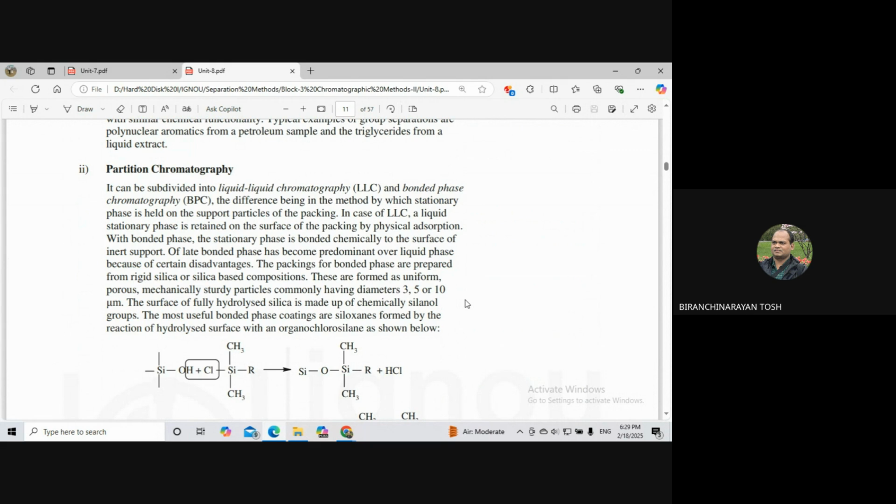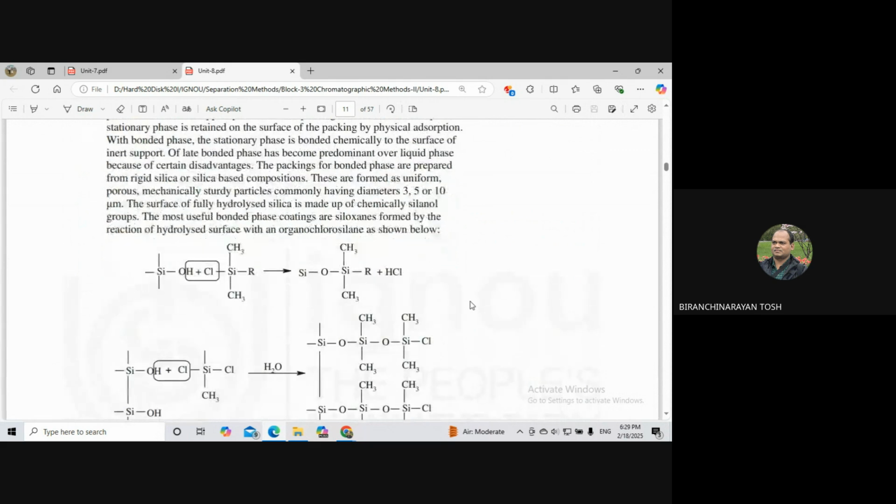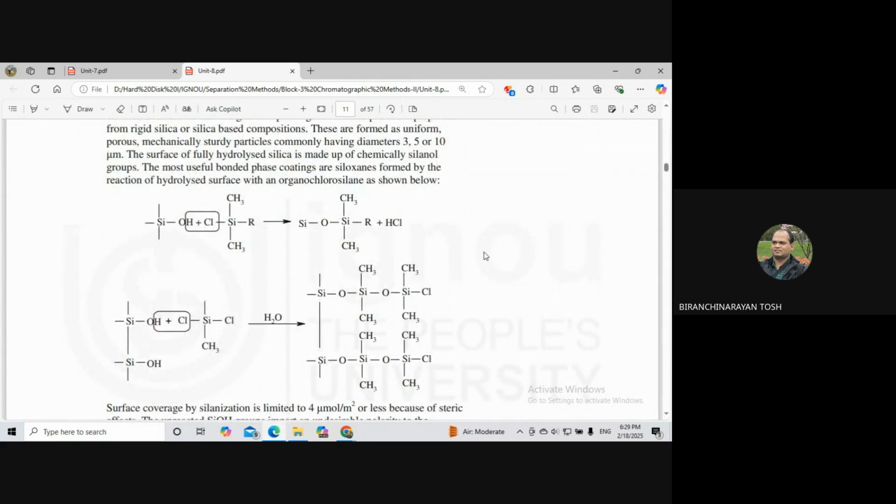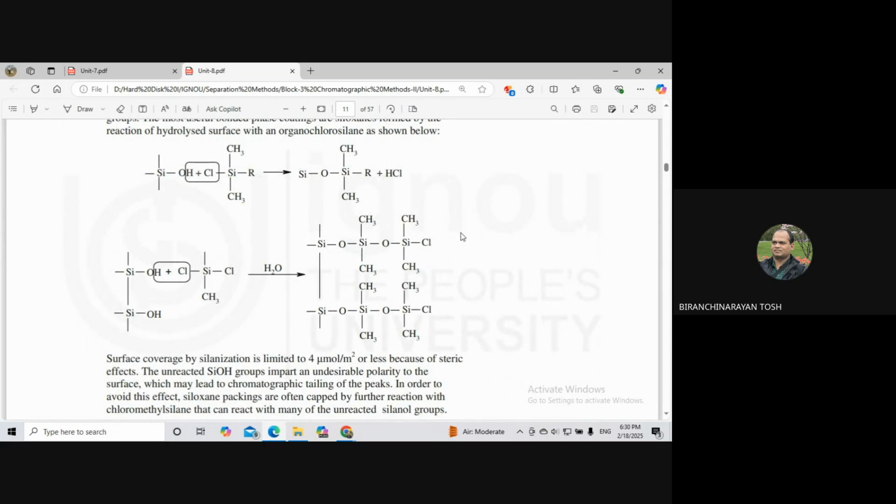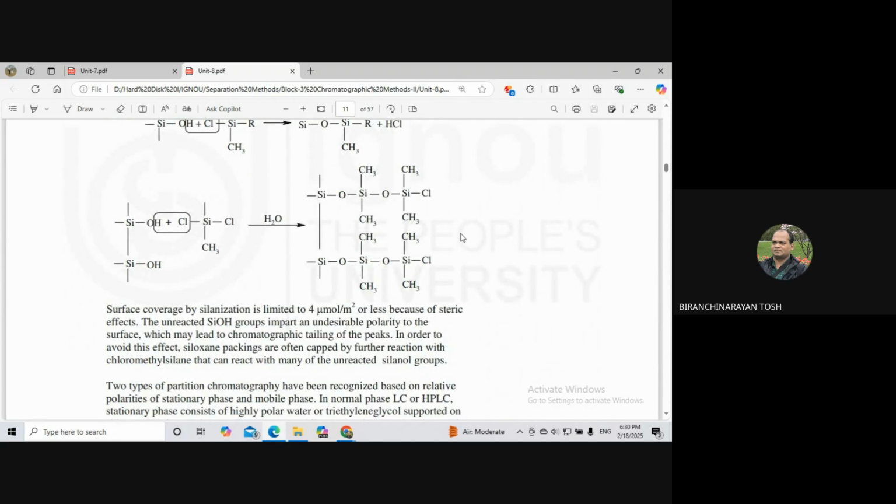So here you can see silicon and this chlorine. The surface of fully hydrolyzed silica is made up of chemically bound silanol groups. The most useful bonded phase coatings are siloxanes formed by the reaction of the hydrolyzed surface with an organochlorosilane, as shown in this figure. So surface coverage by silanization is limited to 4 micromole per meter square or less because of